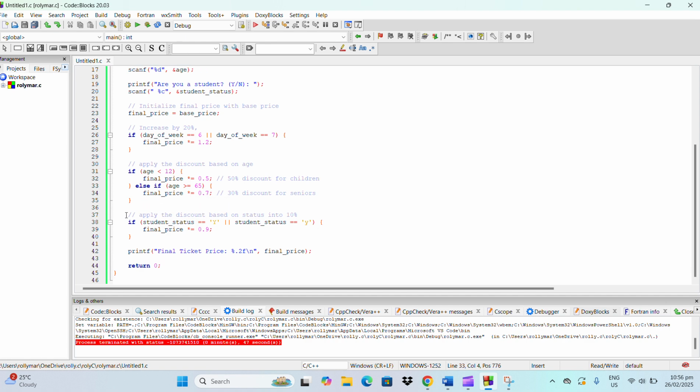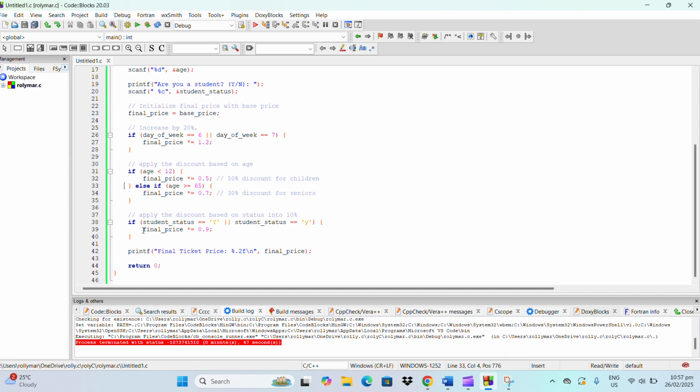Then we move to lines 38 to 39, the section where the discount is applied based on the status, whether you're a student or not. So if you're a student, guys, just put Y, and if not, then just put N, meaning no. So if you're a student, the discount that is applied is 10%.